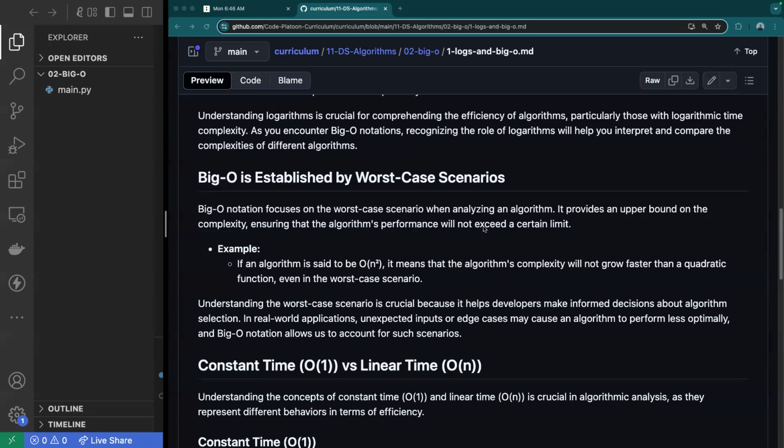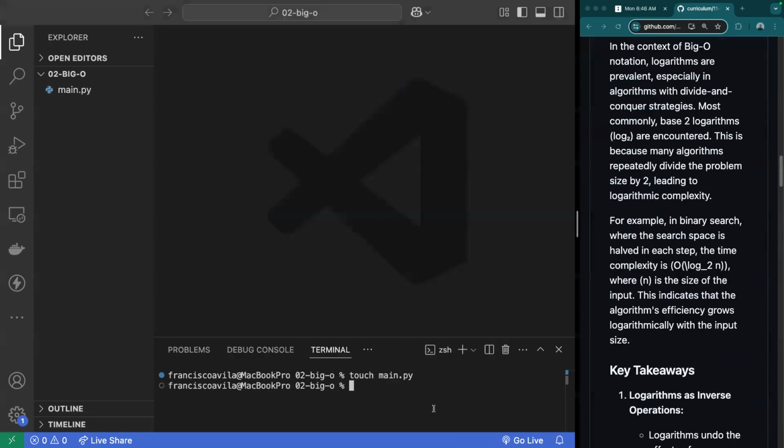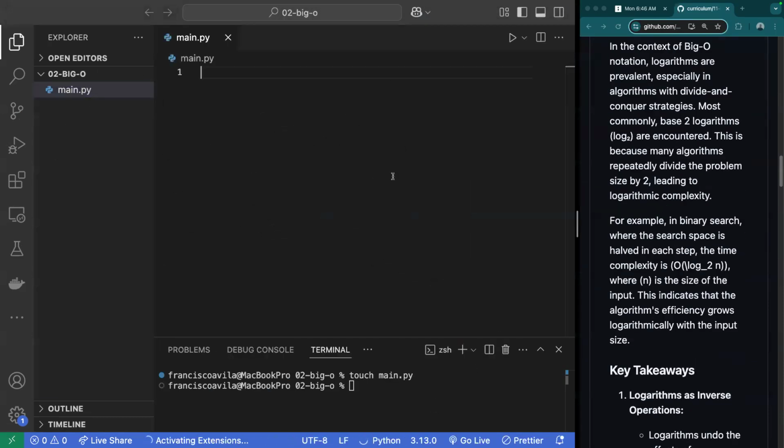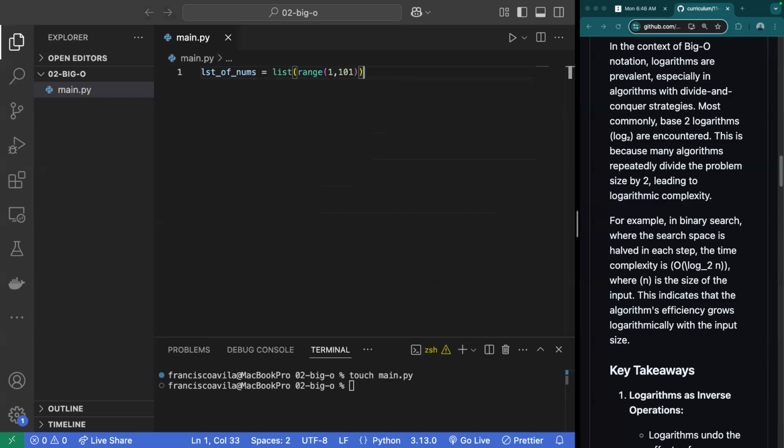All right, when it comes to establishing big O, something we should always keep in mind is that big O is established by its worst scenario. We've already covered linear versus binary search. If I were to have a list of numbers in a range between 1 and 100, and I was looking for the number 100,